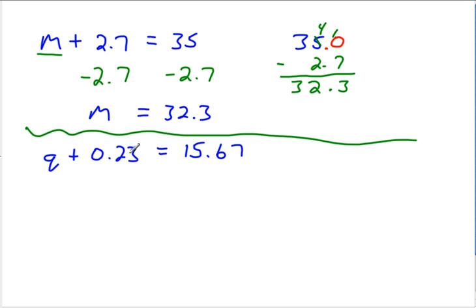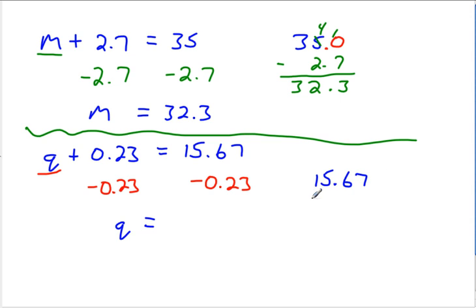q plus 0.23 equals 15.67. This might not be an intuitive answer, so we need to use the property of equality here by saying that if we subtract 0.23 from both sides, our equation will still be in balance, and it will also leave us this q all by itself. So 0.23 minus 0.23 is 0, leaving just the q on this side. And on the right side we have 15.67